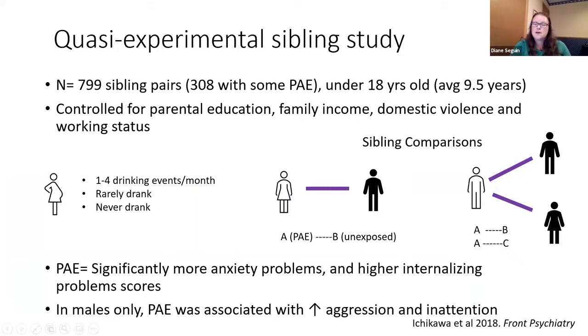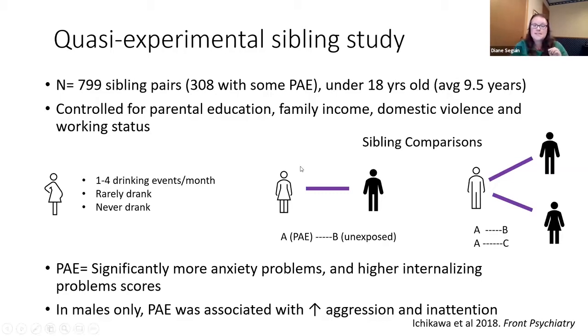So this study was from Japan. It's very recent, and it's interesting in that it was actually a quasi-experimental study. They have this large cohort that they follow throughout life, and from those, they picked women who had at least 2 children, one of which was exposed to alcohol prenatally, and the other which had no prenatal alcohol exposure. And they only selected women who had either rarely drunk during pregnancy or who had 1 to 4 drinking events per month, to run these comparisons. So we have a very specific